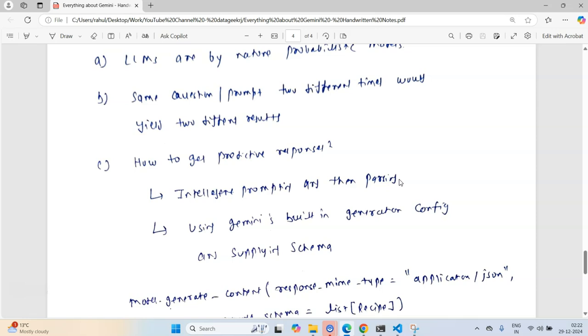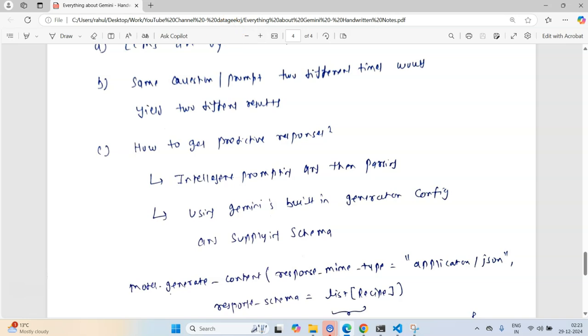So many models, like OpenAI's GPT function calling, and also Gemini, have this inbuilt capability with which we can pass the schema in which I want the response to appear. So we have the second method, which is using Gemini's built-in generation config. If you recall, when I was starting the lecture, I talked about this generation config. Let me show you this by a very simple example.